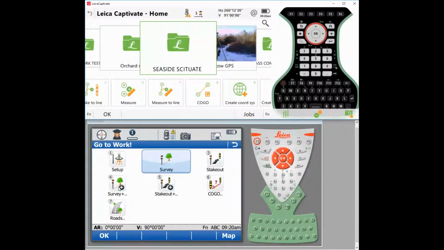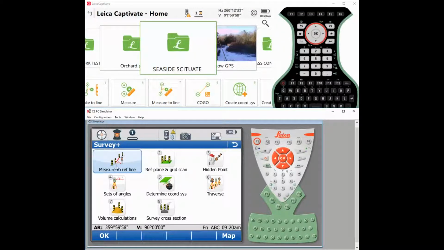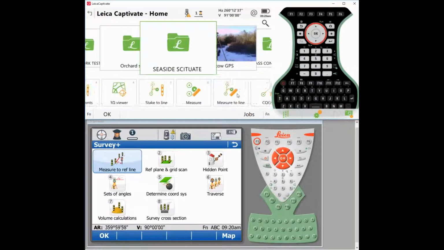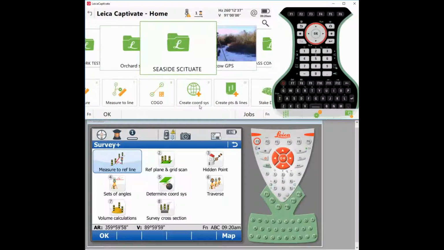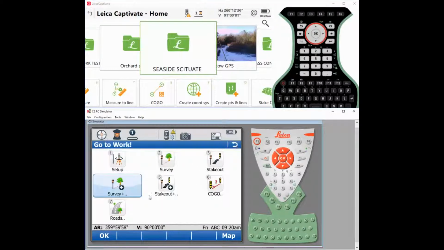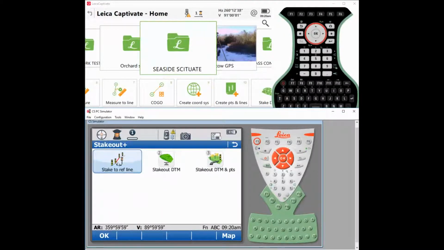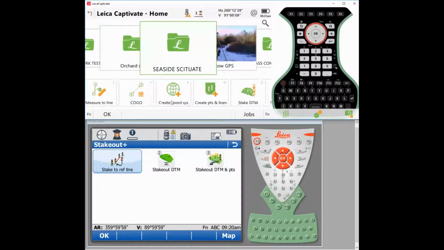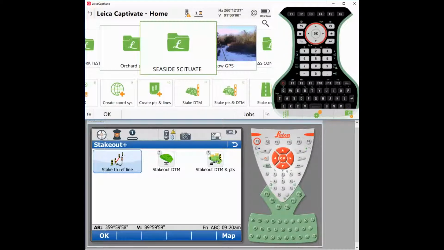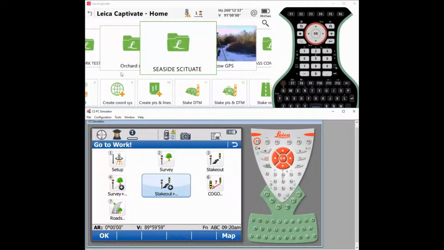So in CS15 Survey Plus, you come in here, measure to a reference line, determine a coordinate system, traversing. So now under the Survey Plus, again, measure to line, measure to reference line, determine coordinate system, now known as create coordinate system. Stakeout Plus, stake to a reference line, stake to a line, stake DTM, stake DTM with points, COGO,